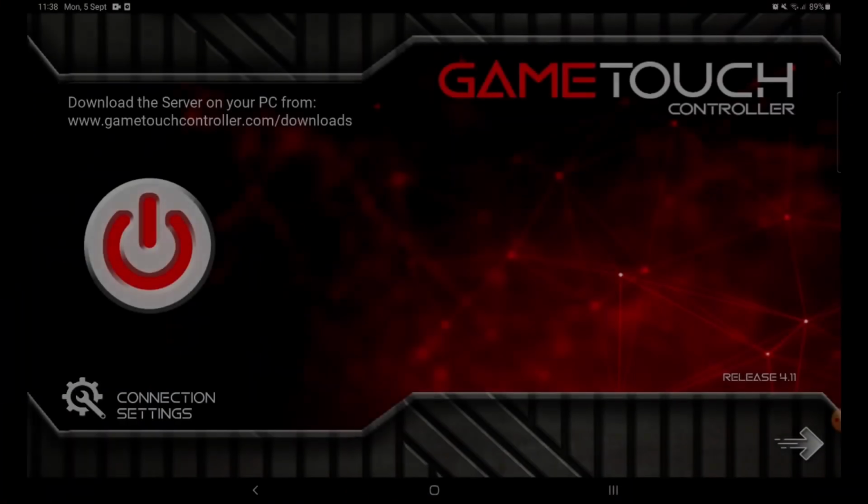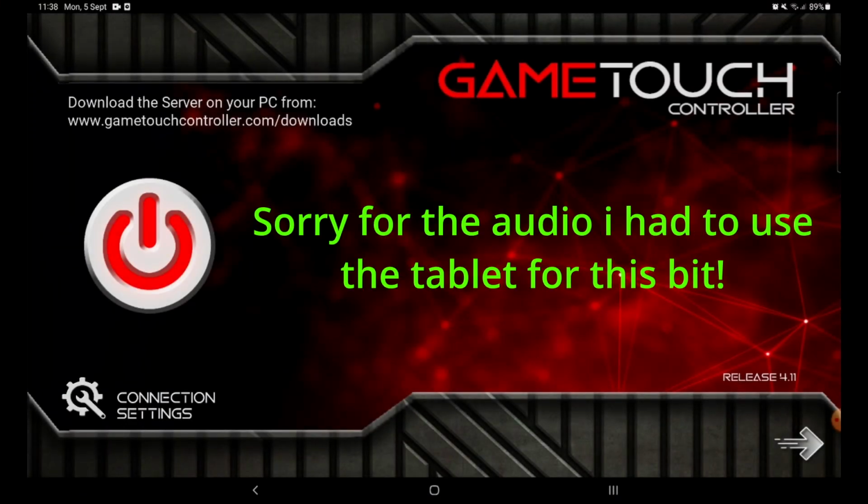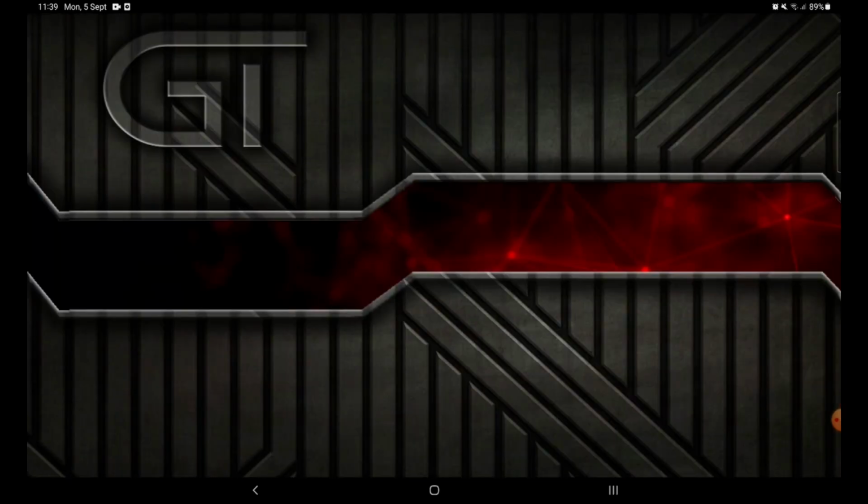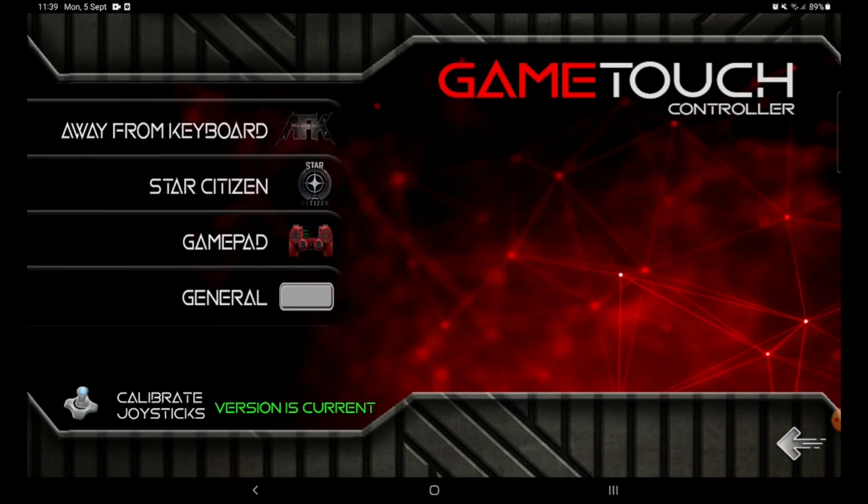Right guys, so once you've downloaded the server, basically the desktop app for the Gametouch controller onto your PC, you'll have to get the app itself for your tablet or for your phone, whichever you're using. Once you've done that, there'll be a calibration that you have to do, and it will make your computer do some crazy stuff, open up your game controller, USB settings and things like that. But once it's done, it will close everything back down and you're good to go. So you will then click on the power button like that, and it will link straight to your desktop app,